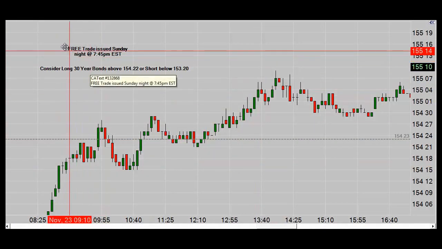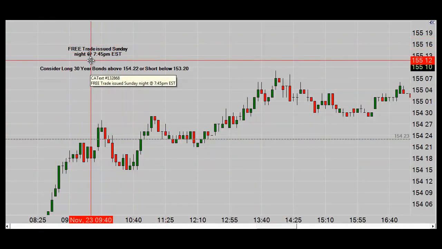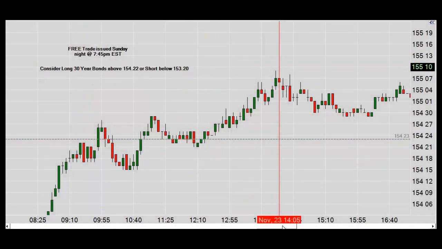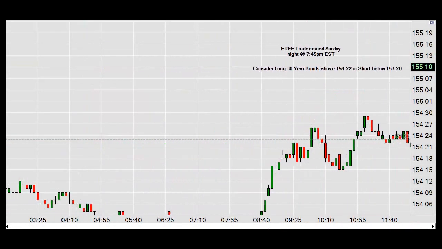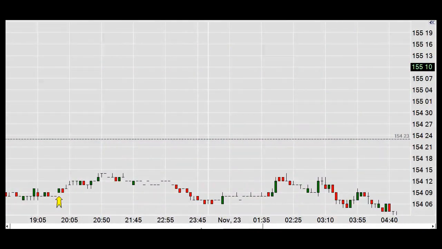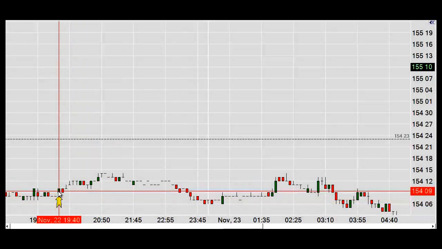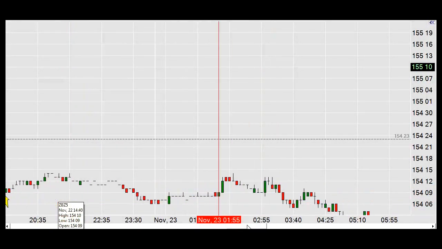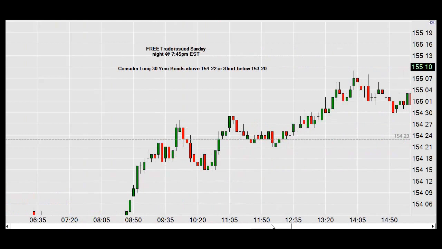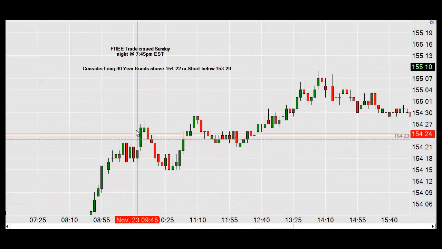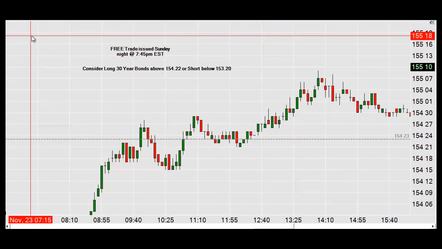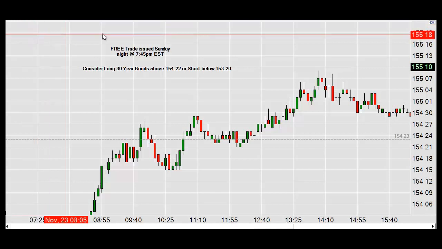We're going to start out here with the free trade that was issued on Sunday night, 7:45 p.m. Eastern. Okay, right here, we get our first trigger. Here, I'm using a 5-minute chart. In fact,